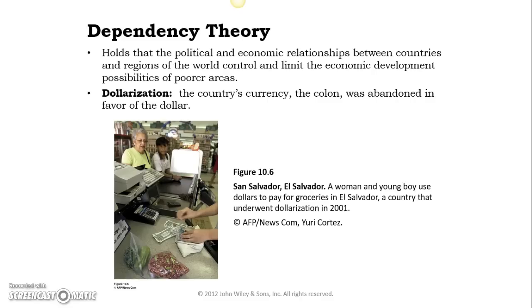Okay, so going back to neocolonialism, talk a little bit about dependency theory. Okay, and dependency theory is the basic idea that political and economic relationships between countries and really regions of the world control and limit the possibility for economic development in poorer areas. Okay, so what that means is that those poorer areas depend on more developed areas. And the ways in which they limit the economic development might be, for instance, by